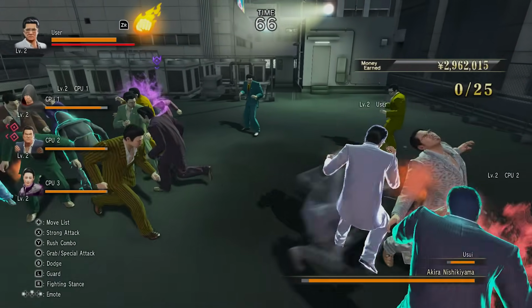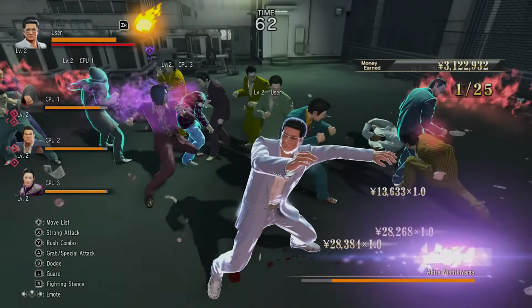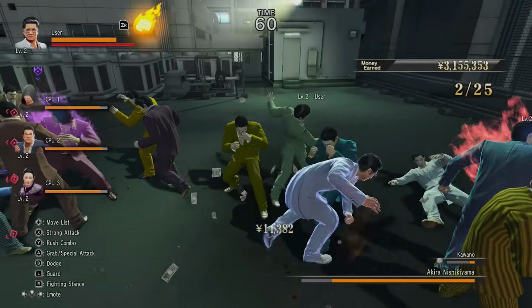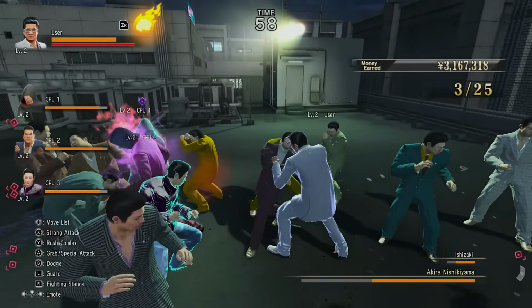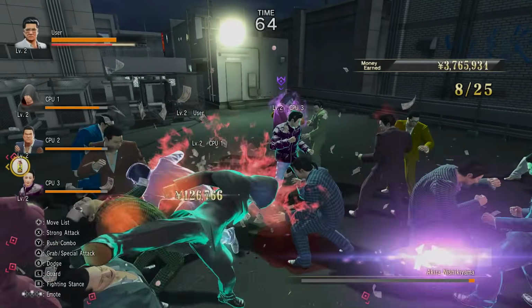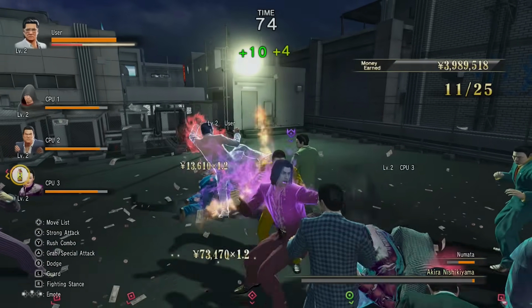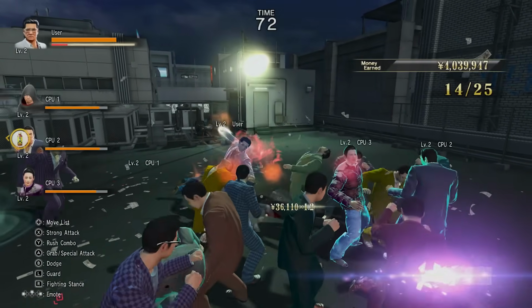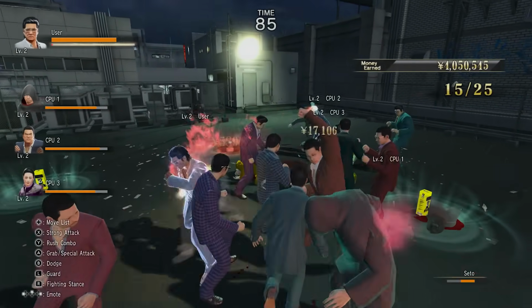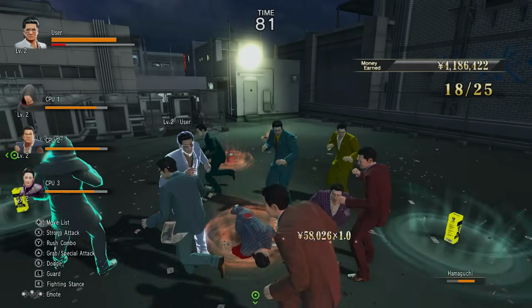but not in the city, going through, beating people up, traditional Yakuza style. So yeah, it seemed fun, and it definitely seems like something that I will put some time into, unlock the characters. I definitely want to go through all the levels. I don't know exactly how many there were. There weren't that many. But one of them was the streets. Another one was Tojo headquarters. So a pretty limited amount of levels,